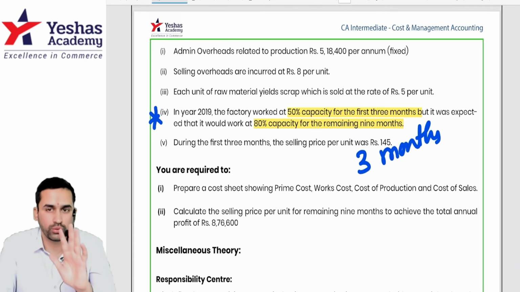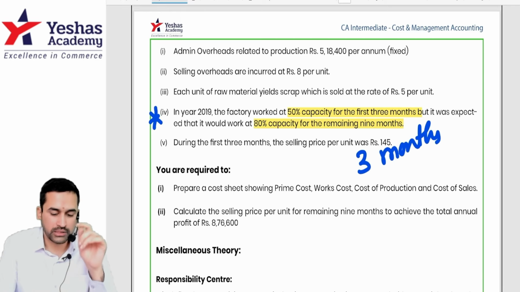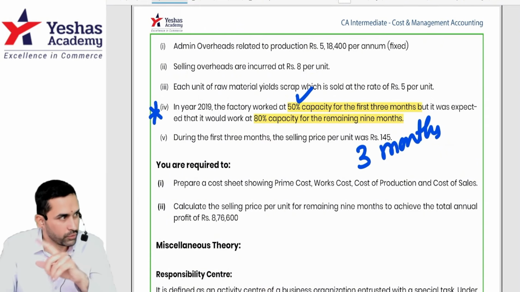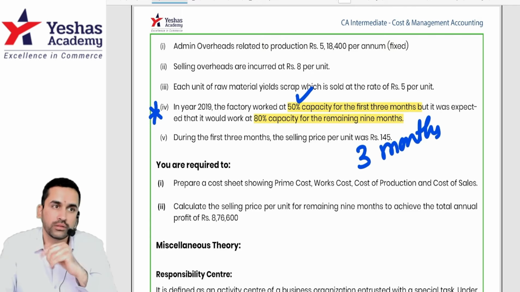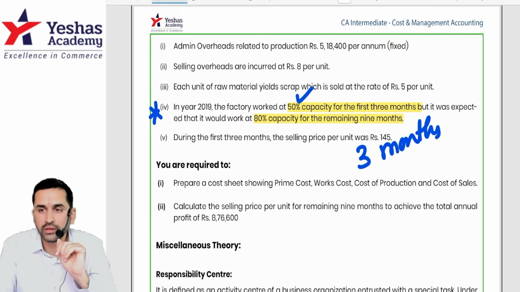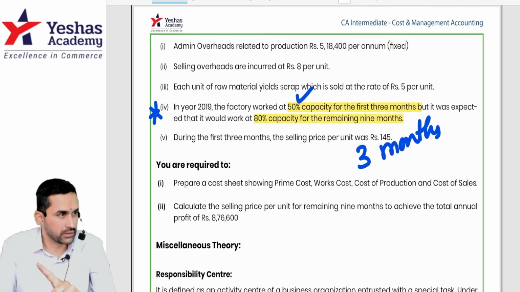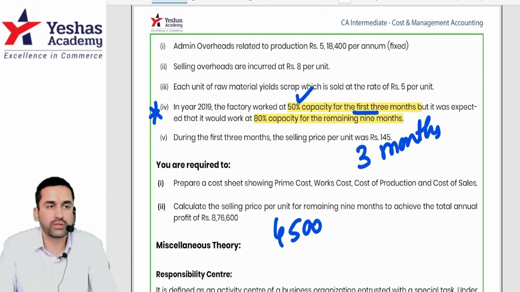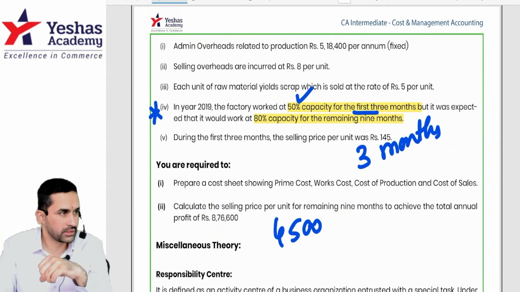3,000. Slow. What is the meaning of 3,000? Monthly production capacity. First 3 months, how much are we using? 50% of that. That means in Calci into 50%. What is 1,500? Actual production per month. For how many months? That means you should do into 3. Please answer. What is 4,500? Units produced in first 3 months. Correct?